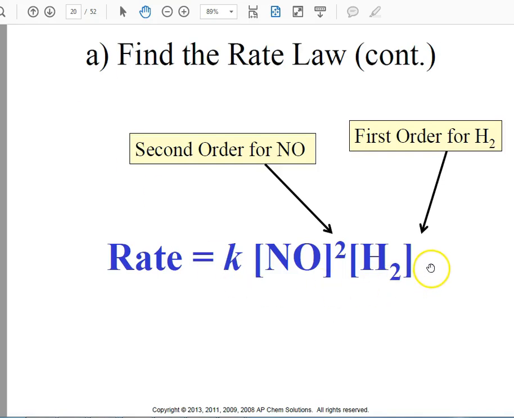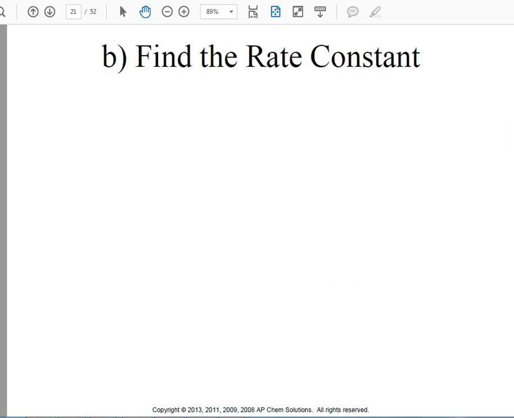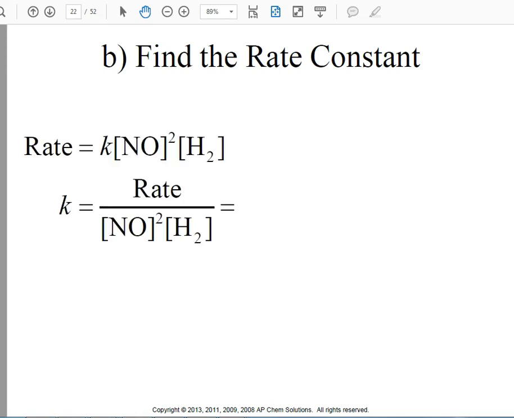On the last video, we found the rate law for this example equation, and now they want us to find the rate constant. The rate constant is constant for a reaction as long as the temperature doesn't change. So if you have multiple trials of the same reaction, you should get the same rate constant. So to solve for the rate constant, you can pick any trial you would like, and you're going to use